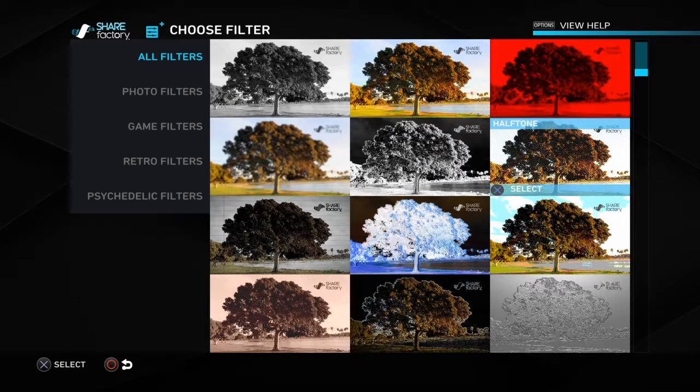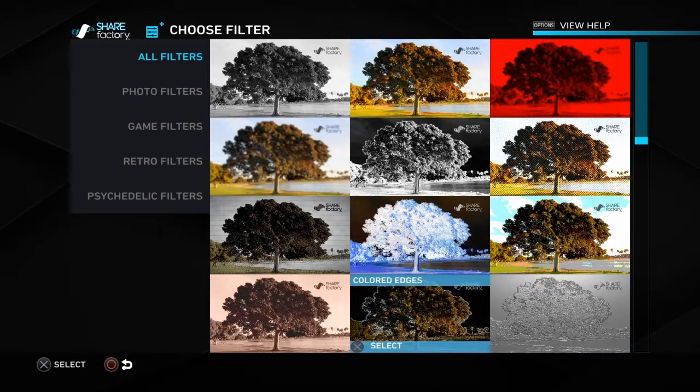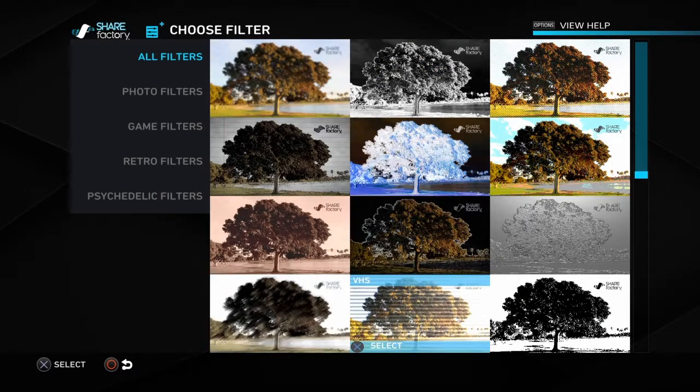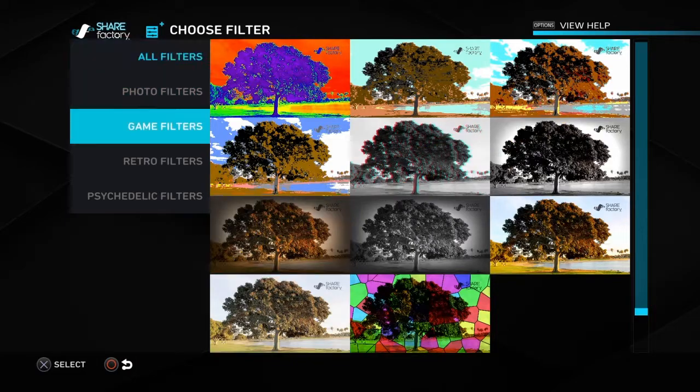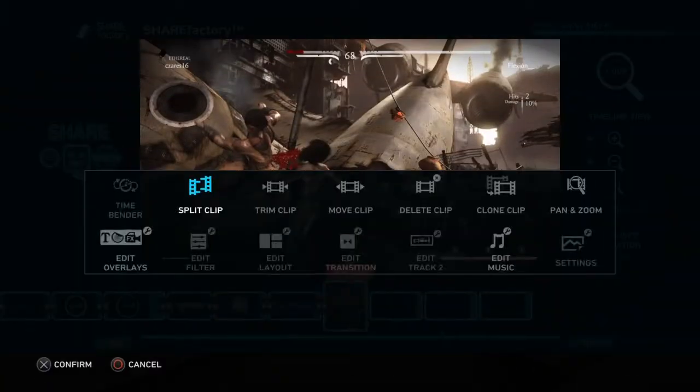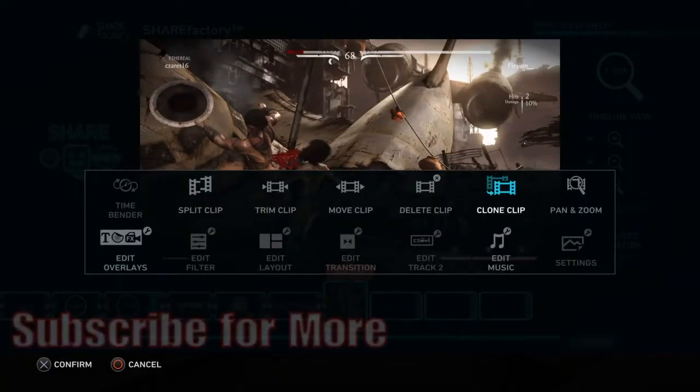Is it just that one? Nope, we got halftone, we got sketch, and then we got... I think that's it. Yeah, just halftone and sketch. So we got 2 new filters, and then we also have